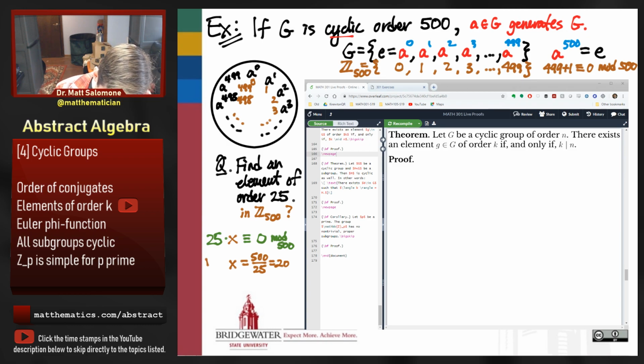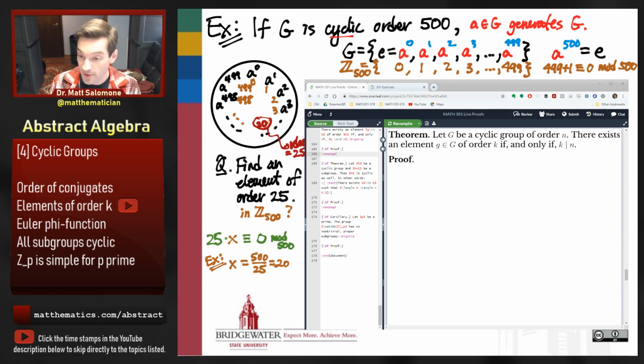So I want to stress here that this is an example of a solution to this congruence equation. It's not the only solution to this congruence equation, probably, for reasons we'll talk about in a second. But at least we know that in Z mod 500, the element 20 is going to have order 25. So wherever that happens to lie here, maybe here it is, the element number 20. This element has order 25.